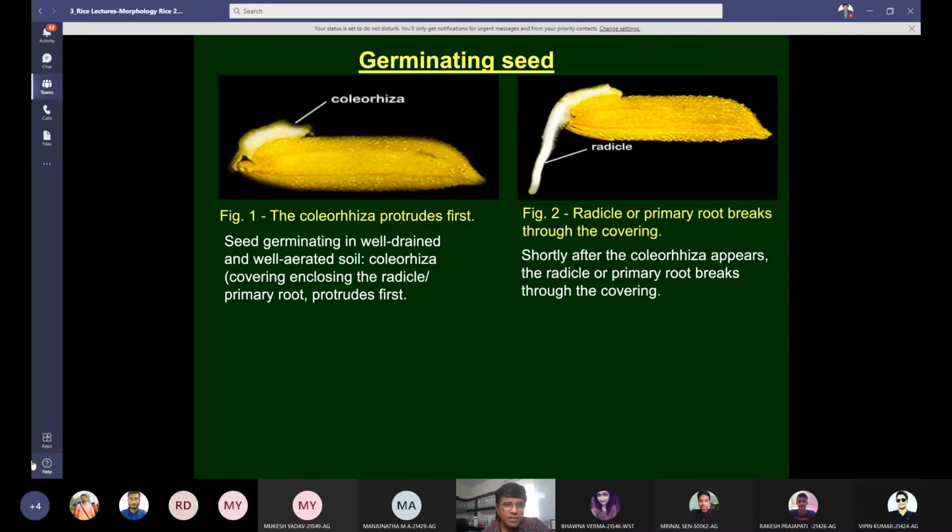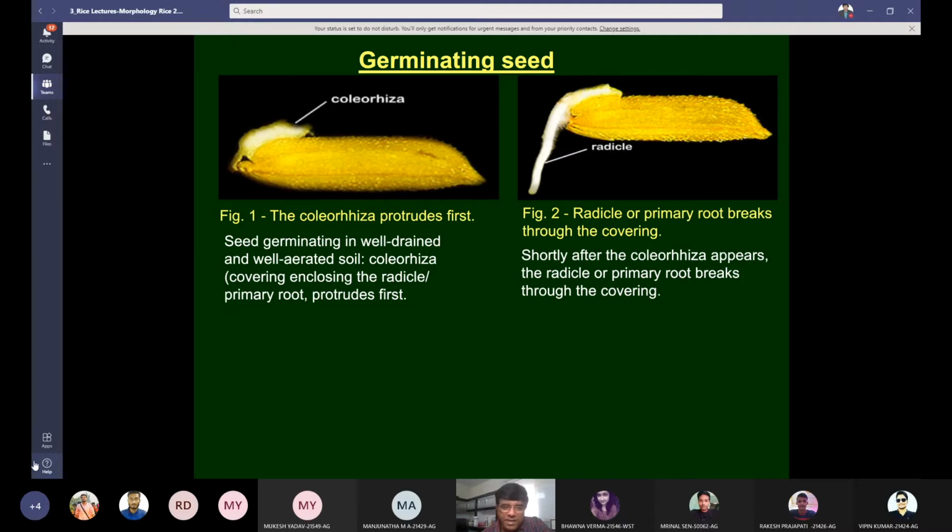Starting with germinating seed, it depends upon the circumstances or upon the environment where you are germinating it. Whether you are germinating it in the soil or in water, in dark or in light. So which part of the seed will come first during germination will be decided by the condition in which the seed has been kept. In some cases, coleorrhiza will come out first. In other cases, coleoptile will come early, then the coleorrhiza. In some cases, coleorrhiza comes first, then coleoptile.